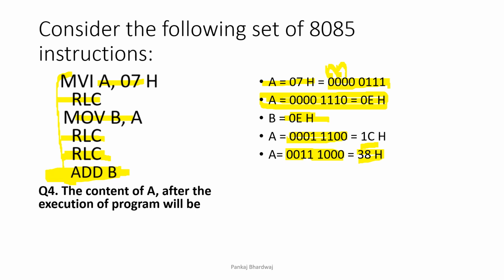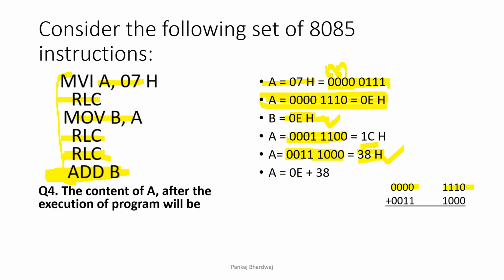So we are adding the data A with B. So this A will become 0E plus 38. 0E is B and 38 is A. So 0E and 38 will be added. So this is 0E, this is 38, and when we add we get 0 0 0 1 0 1 1 0 1 1